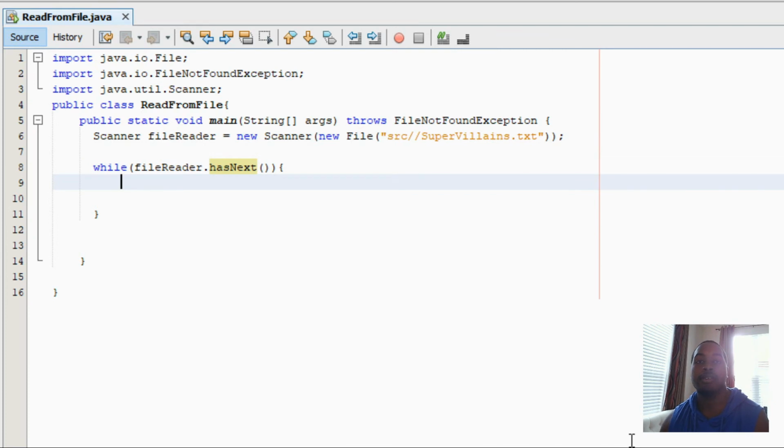Inside of our while loop, we need a placeholder for each line of text that's being read from our text file. So for this example, we're going to say String villain, and it's going to be set to fileReader